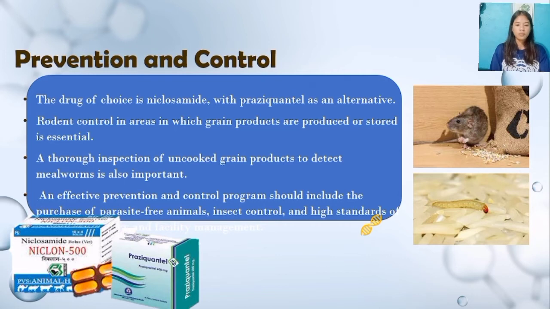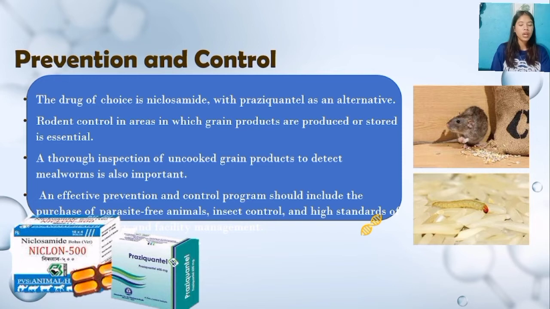Prevention and control. Rodent control in areas in which grain products are produced or stored is essential. A thorough inspection of uncooked grain product to detect mealworms is also important. An effective prevention and